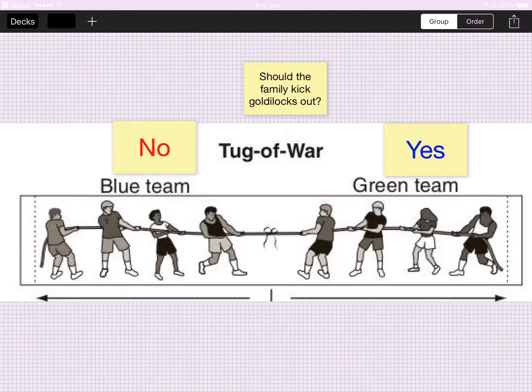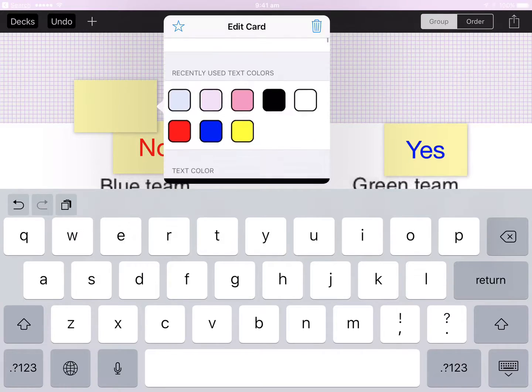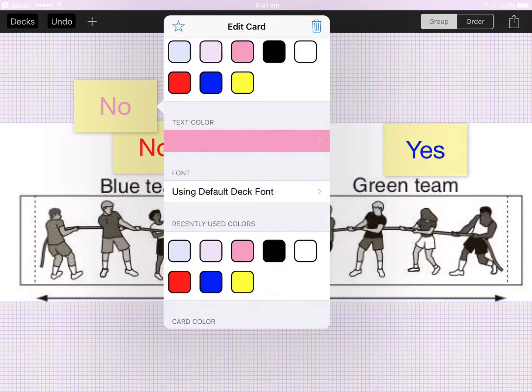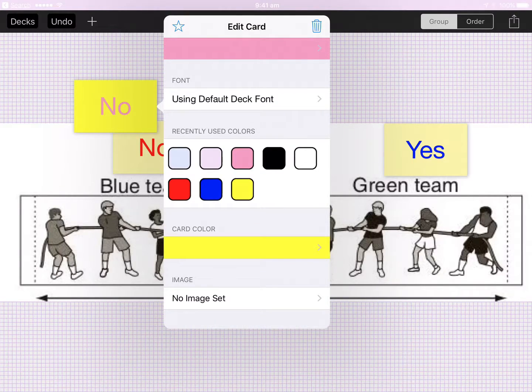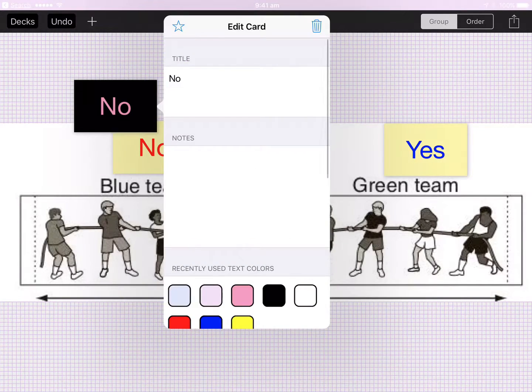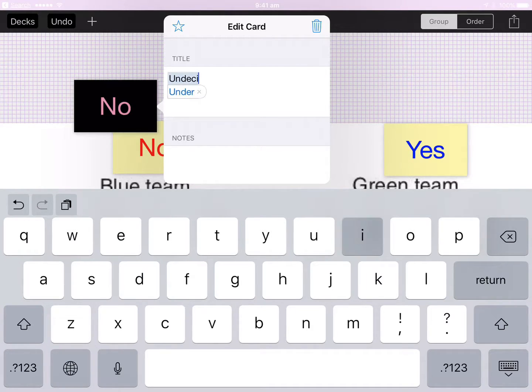And all I've done is created a couple of cards here and actually get kids to start actually building. So all I've actually done is create a new card. For example, no, that was the no. I've gone down and you can change the color of the card. Let's say we've done a neutral kind of color. We'll go with pink. And that's the text color. You can actually use different backgrounds and so forth as well. So we might use a black background there, and you can actually double tap there to actually edit the text, and we might say there it's undecided,